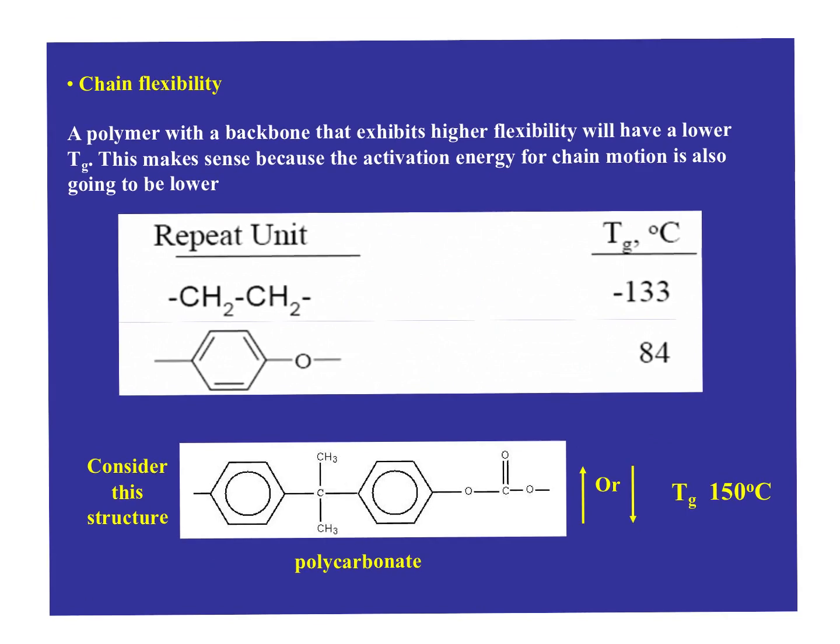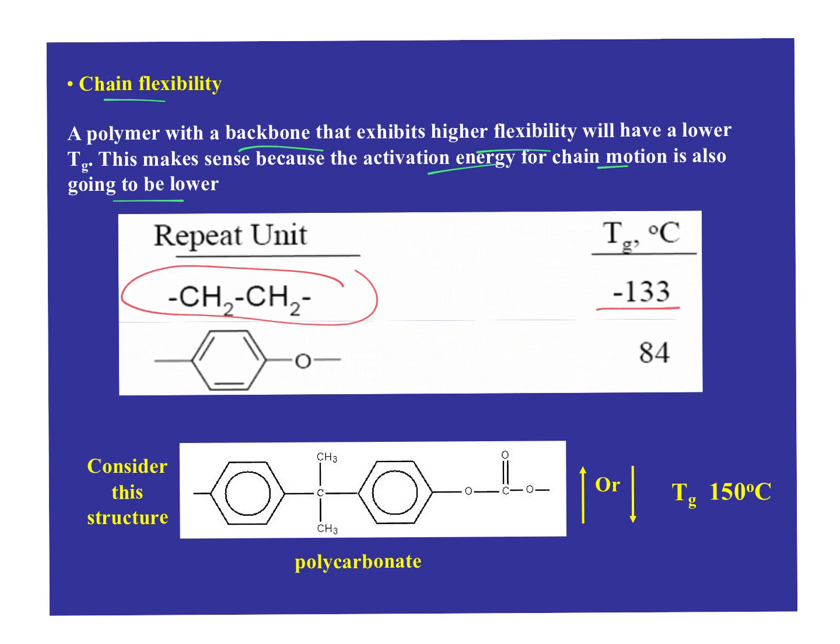All right, chain flexibility is also a significant issue. A polymer with a backbone that exhibits higher flexibility will have a lower glass transition. And this makes sense because the activation energy for chain motion is also going to be lower. Going from the below-Tg state to the above-Tg state is driven by how easily that chain can be moved. And so if we have a repeat unit as shown here for polyethylene, the glass transition is